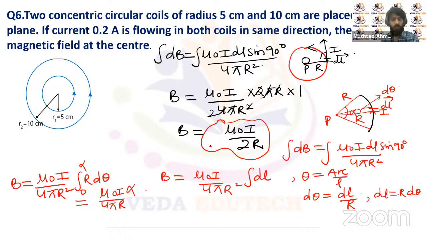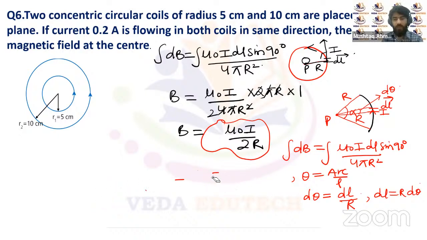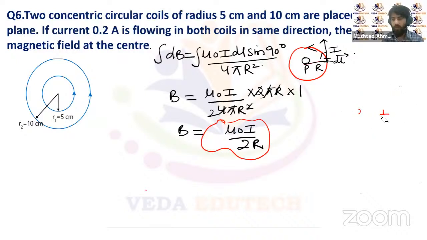Now we can just conclude here with this equation. If the complete circle is there, the magnetic field will be mu naught I upon 2r, because of the complete circle. But if an arc is given subtending an angle of alpha at the center, like this, an arc of radius r subtending an angle alpha,